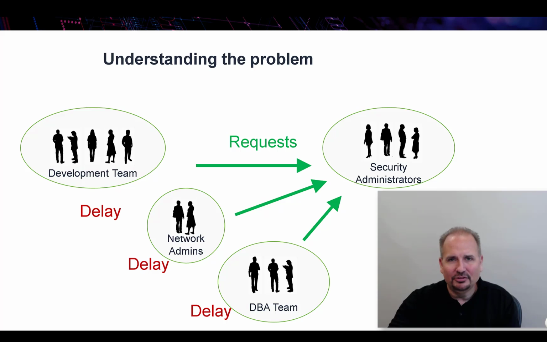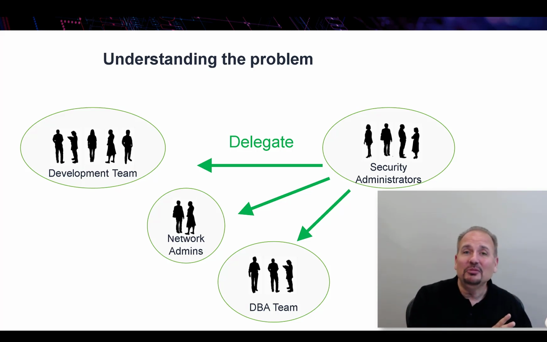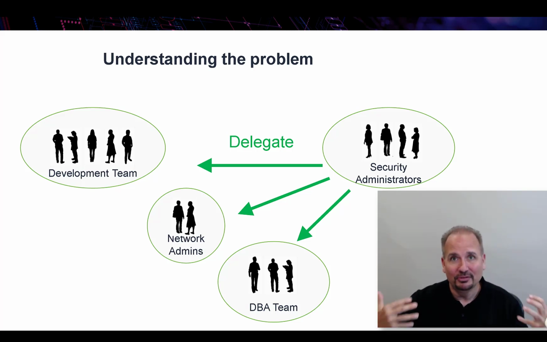So we don't want that. Now, an overworked manager in the security team might be tempted to do this. Maybe we should delegate some of the responsibility back to the actual teams doing the work. After all, they're spending a lot of time articulating what the policy needs to be. In some cases, the development teams will actually send the policy over saying, this is exactly what we need. And a lot of times these folks over on the left are just as intelligent as the security people. They know exactly what they need. They're internal people. We trust them. They're all part of the family. So why don't we trust them with the IAM